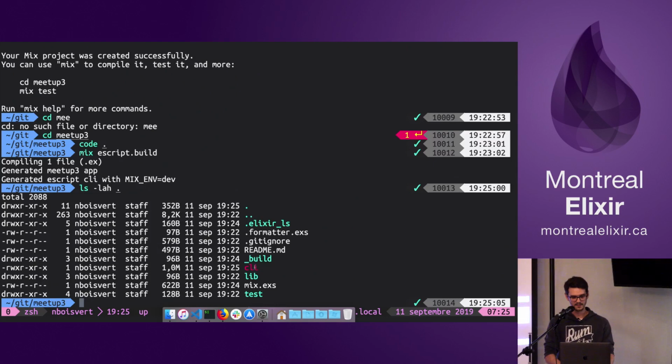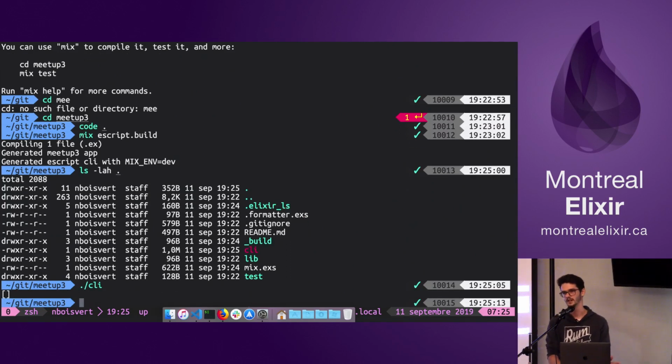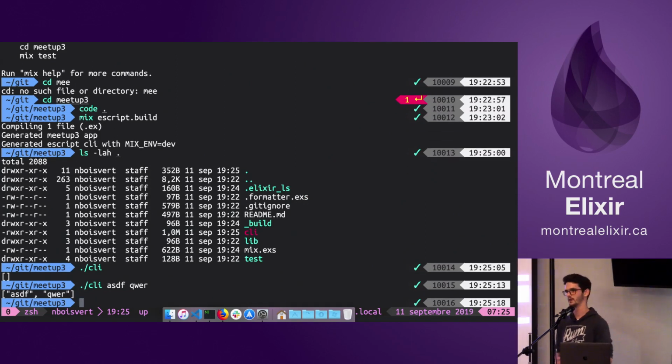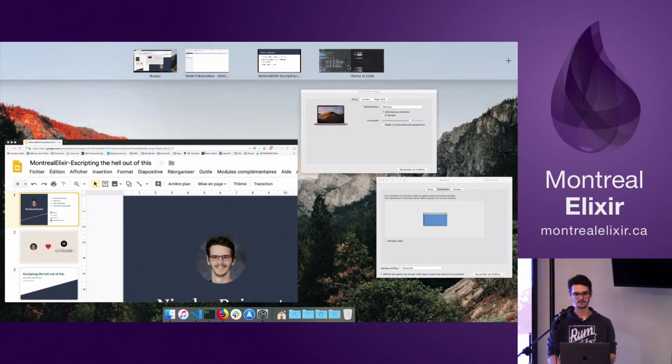So as you can see, I have the CLI here, which weighs a huge 1 megabyte. This is the whole application that I have, so if I run it, it outputs an empty array because I don't have any arguments. But if I add arguments, then I have an array of strings. So that's pretty much the basics of writing in EScripts. But there are other things that are way cooler when you use this, for instance,